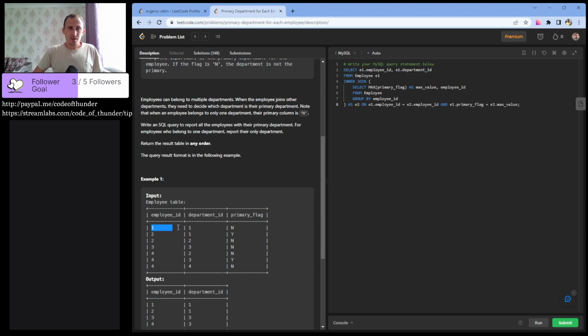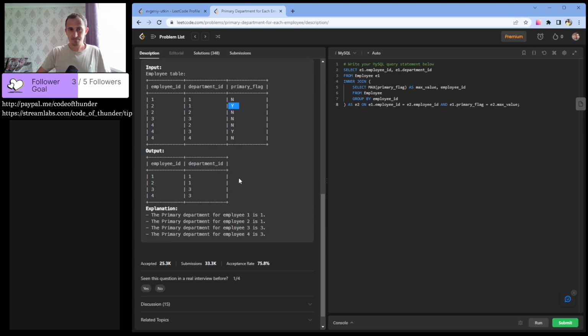For unique employees, there is only one option for the primary flag, it's the letter N. But if they have many different departments, one of them should have a Y primary flag. And our goal is to list all employees and their departments.